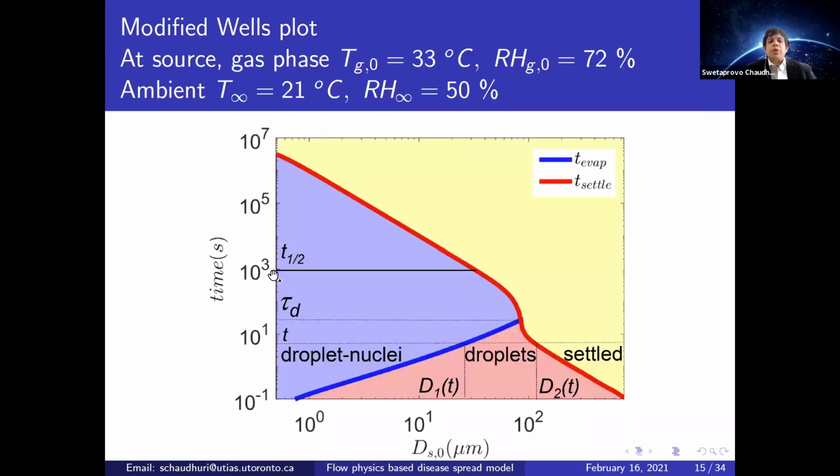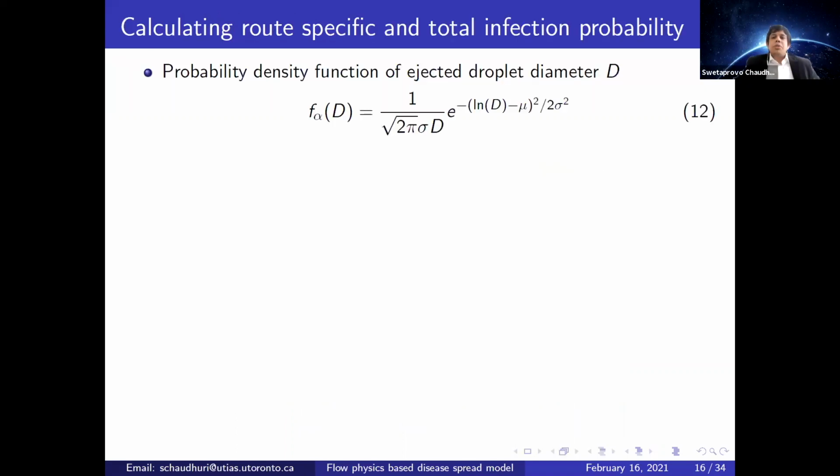Also important to note here is that the virus half-life is somewhere here, about 900 seconds, about 950 seconds at this temperature and relative humidity. So this clearly tells us that a large fraction of the nuclei which are airborne has remained infectious. So now we go into calculating the